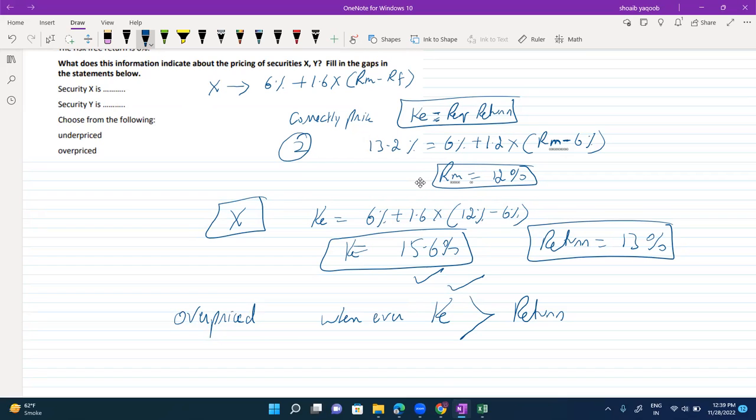ओवर प्राइस अंडर प्राइस का कॉन्सेप्ट मतलब ये है कि हम जो डिमांड कर रहे हैं उससे ज्यादा इसकी प्राइस हुई है। मतलब जितना इसने हमें कमा के देना है, उससे कम देगा, but it is expensive in the market. हम रिटर्न इससे कम कमाएंगे जितना हम डिमांड कर रहे हैं, तो फायदा नहीं है शेयर खरीदने का। ठीक है सर, और अगर कॉस्ट ऑफ इक्विटी से रिटर्न ज्यादा हो तो अंडर प्राइस है।